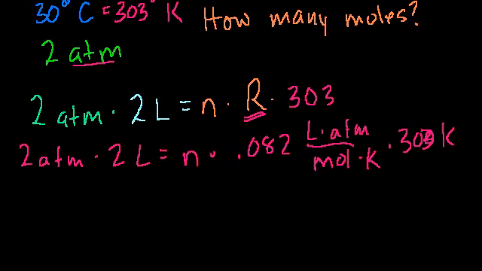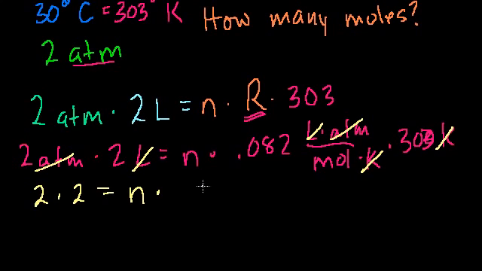When you do dimensional analysis, you can treat units like numbers. If you divide both sides of this equation by atmospheres, the atmospheres cancel out. Divide both sides by liters, liters cancel out. You have a Kelvin in the numerator and a Kelvin in the denominator, that cancels out. And so we have 2 times 2 is equal to n times